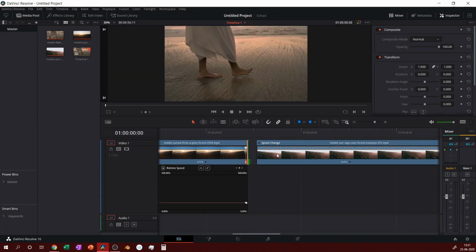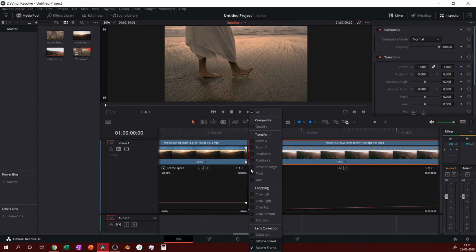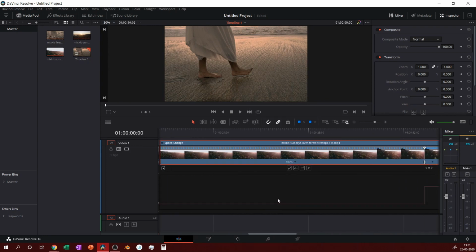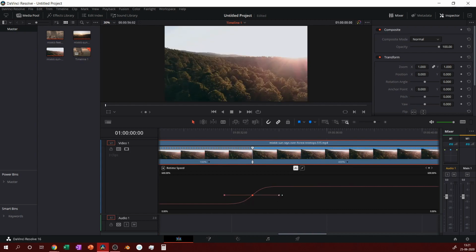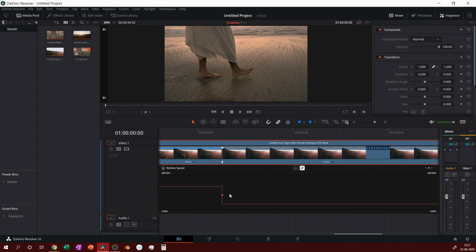Alright, join this, add retime curve here as well, go into retime speed. Now this also seems fine. Let's click on this and smooth this out a bit more. Alright, and here as well, smooth it out.